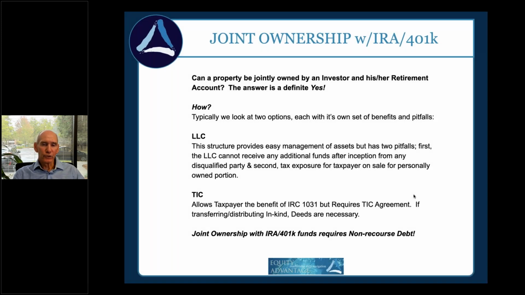Joint ownership. This is another situation we've got a lot of right now, and I mentioned it at the top, where we're combining IRA 401k plans with taxable money. So if you've got an exchange, for example, as we just talked about, partnership interests are specifically prohibited from 1031 treatment. You can own property jointly between you personally and your retirement account in 2 different formats. Typically, you can own it as tenants in common, or you can own it as common members of a limited liability company. Now, each has its ups and downs.